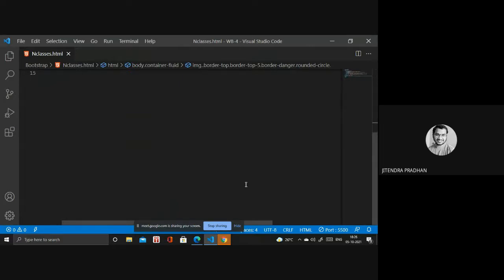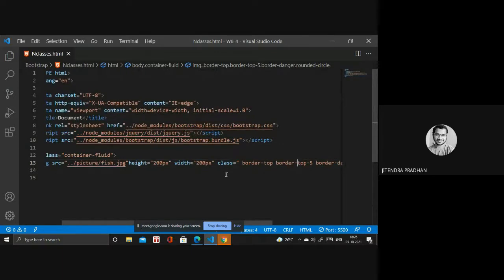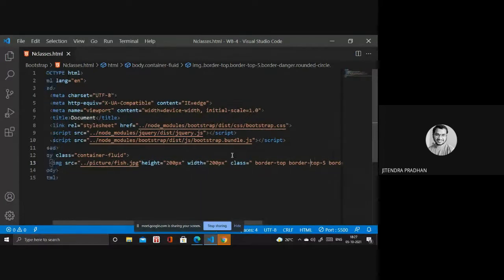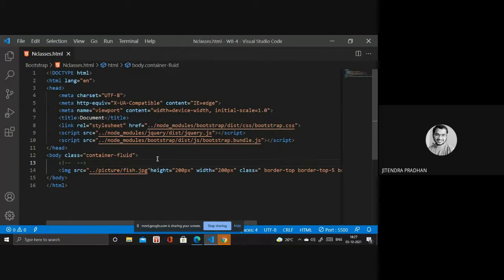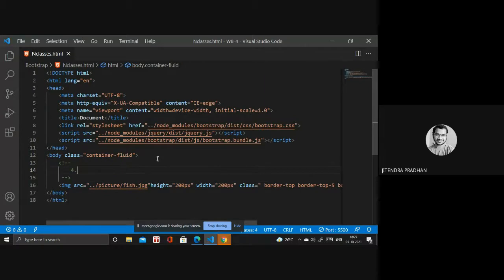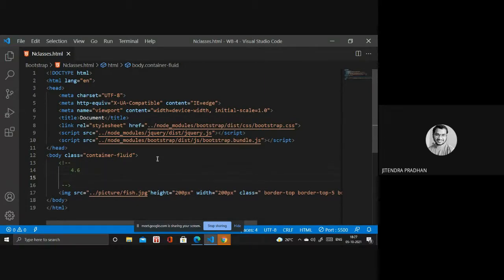So next thing is, I think I already informed you that in Bootstrap 4.6, for margins we use ML for margin left and MR for margin right, M for margin bottom and MT for margin top. I will write it inside that comment, then you will get an idea. In the 4.6 version of Bootstrap, that is the older version, it's not the updated version. We are using the updated version, it's like 5 point something.